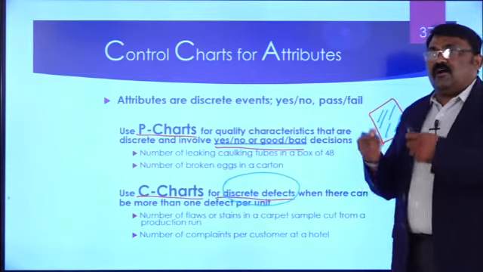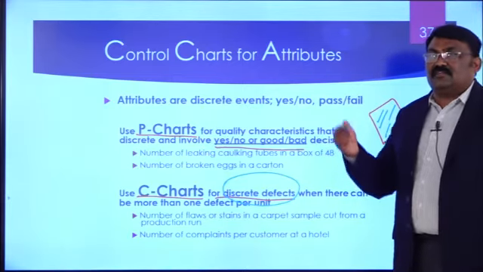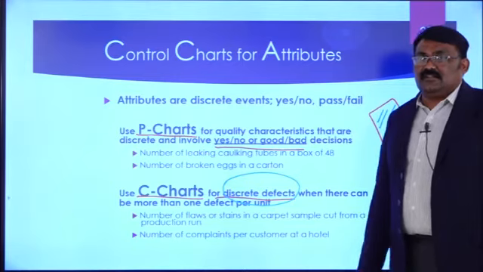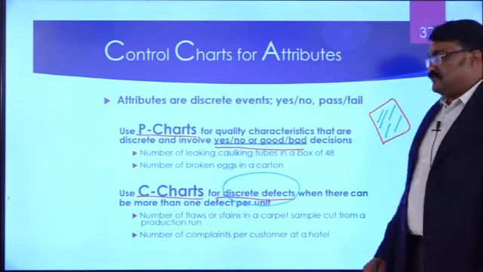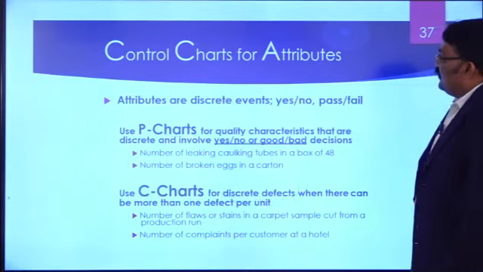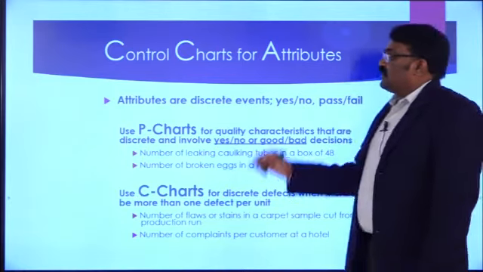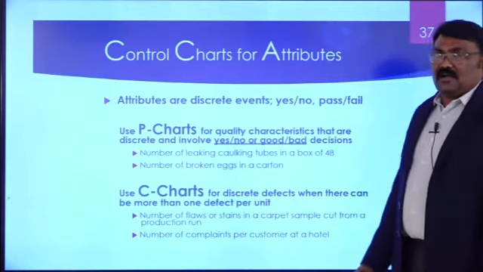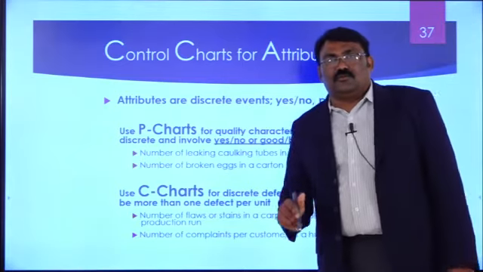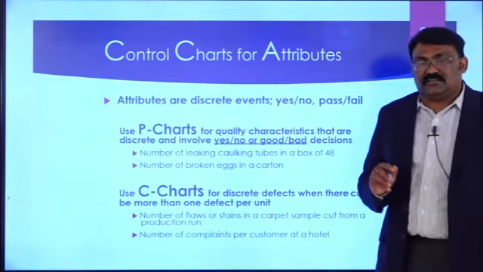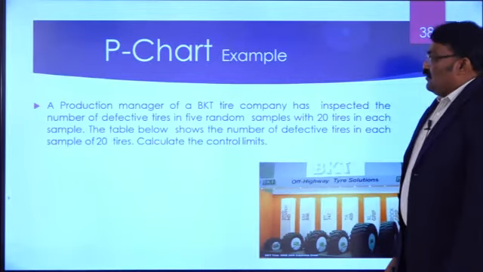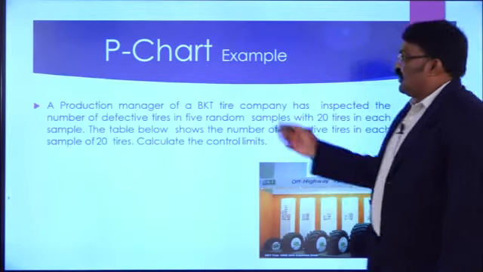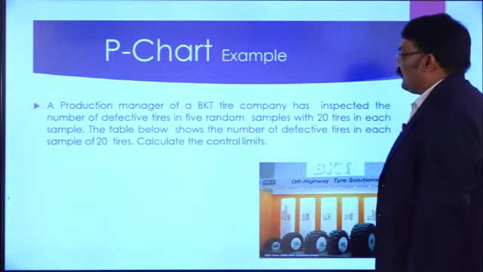Similarly, all other processes can be reduced with such defect reduction in the production process. Okay. Right. Now, as said, the control charts for attributes are two, which we go through as per our syllabus, that is the C chart and the P chart. Now, for the P chart, we will work out a problem.